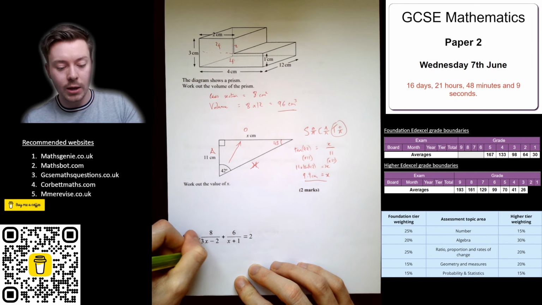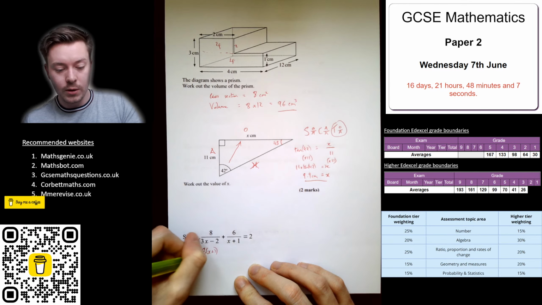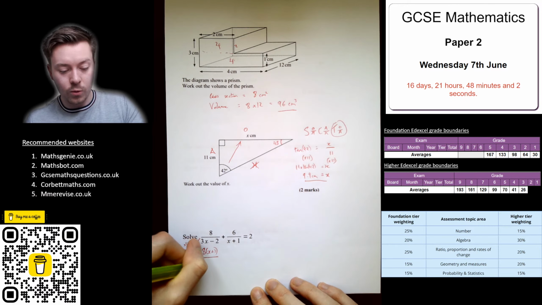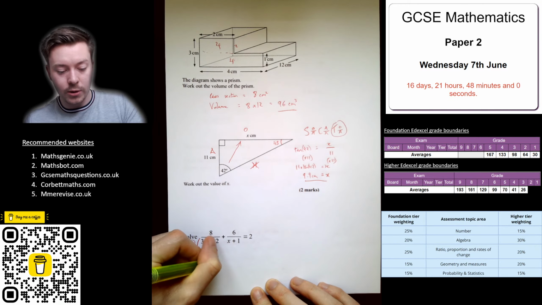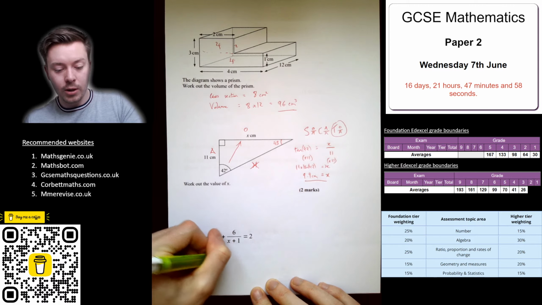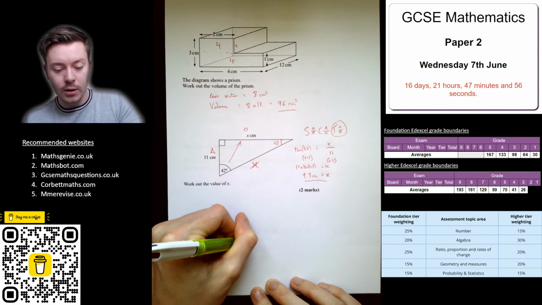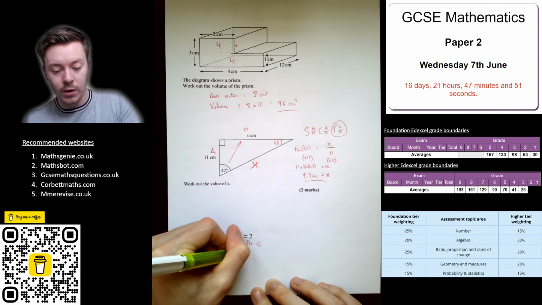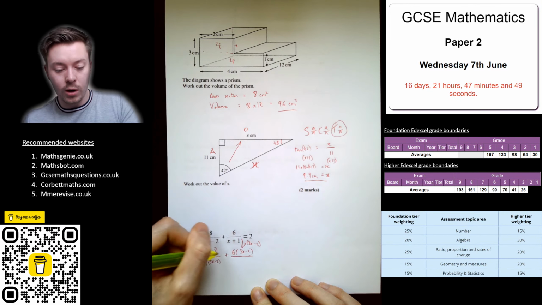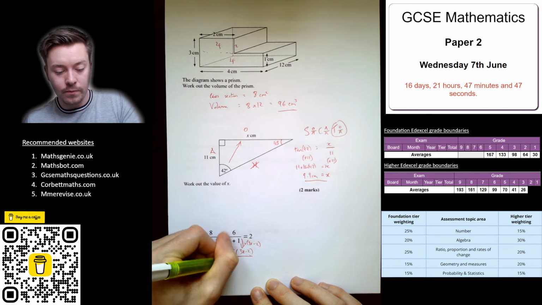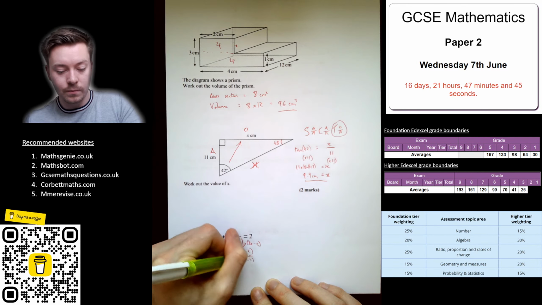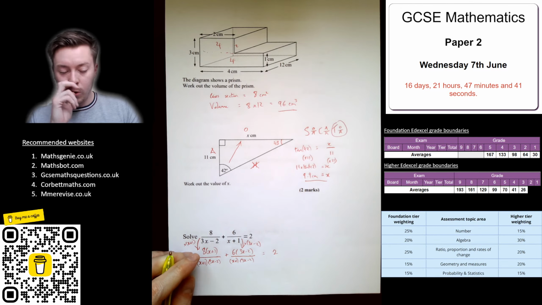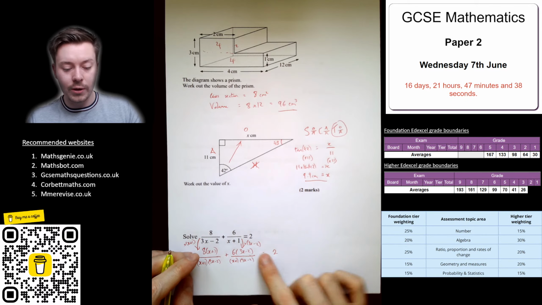So on the top I'm going to get 8x plus 1 is over x plus 1 brackets 3x minus 2, plus times this one by 3x minus 2 top and bottom. I'm going to get 6 lots of 3x minus 2 all over x plus 1, 3x minus 2, and that's equal to 2. And then what I want to do is, well, then I can write that as one fraction,